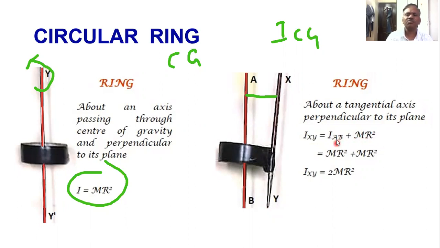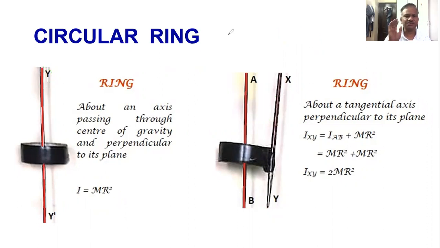That is the formula for the parallel axis theorem. Recall it, very, very important. Sometimes they ask the question, state and explain the parallel axis theorem and perpendicular axis theorem. Why I am writing m r square is that the distance between these two axes is r here. That's why m r square plus m r square equals